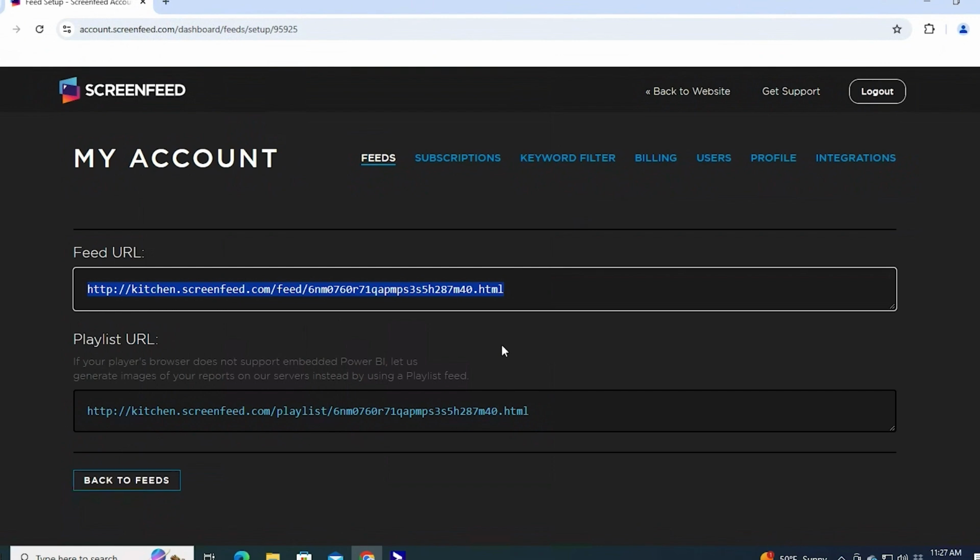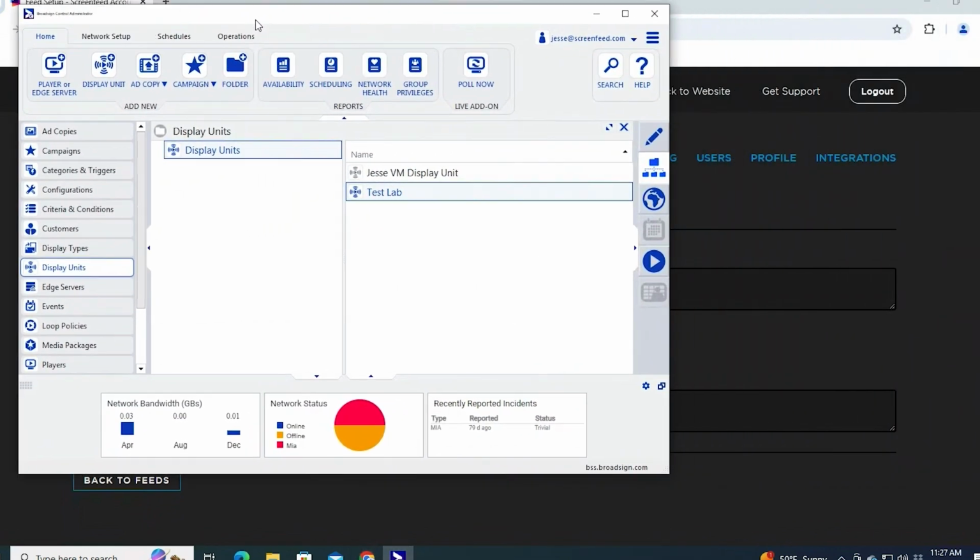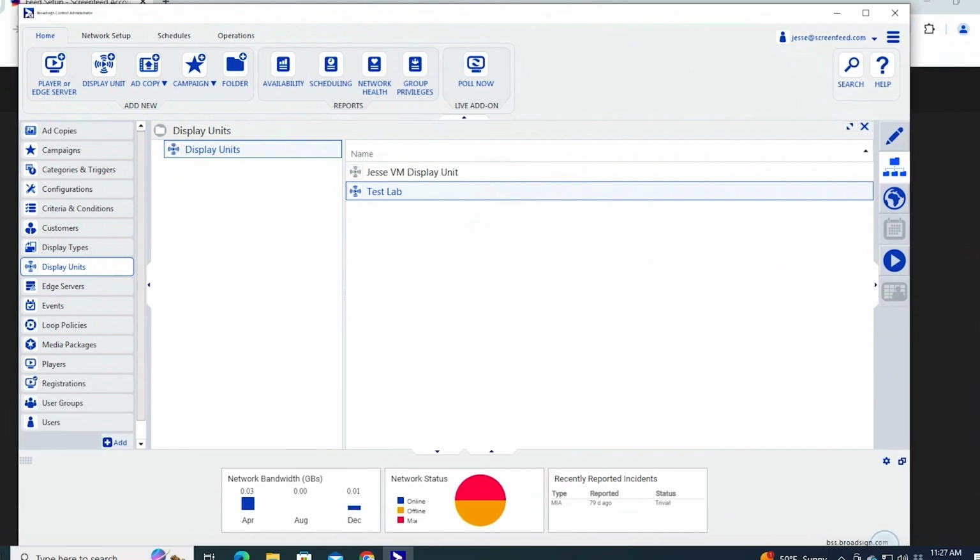Now that we've got that set up, we are going to take a look at in Broadsign Administrator how we get Power BI in there with the player level authentication. So I'm opening up Broadsign Control Administrator right here. Make that a little bit bigger.